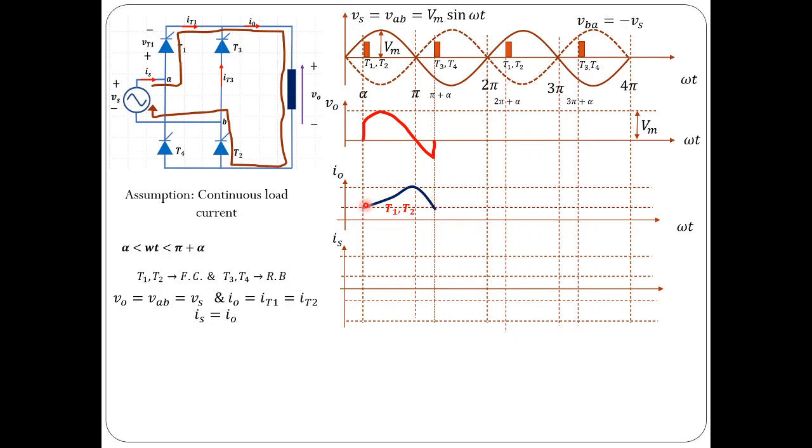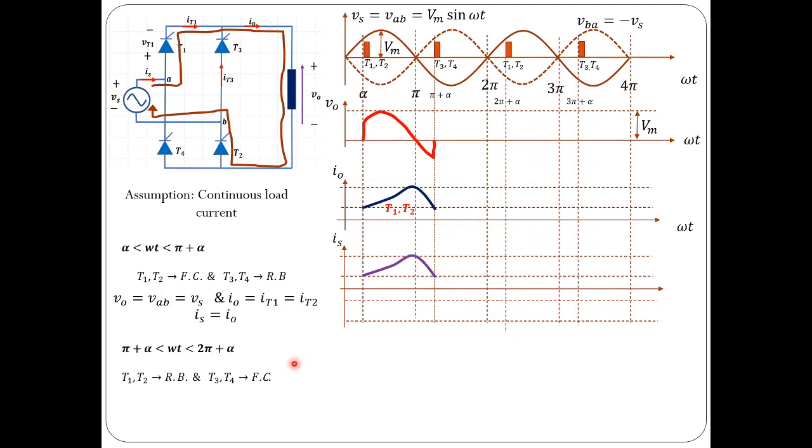It reaches Imin again. So it rises from Imin to Imax from alpha to pi, and then from pi to pi plus alpha, it falls from Imax to Imin. Of course, this peak value may vary slightly, and may occur at a somewhat smaller angle, maybe before pi, due to the back EMF present in this load. But usually it is very near to pi radians. During this period T1 and T2 are conducting, so I0 is the same as the thyristor 1 current, the thyristor 2 current, and also the source current.